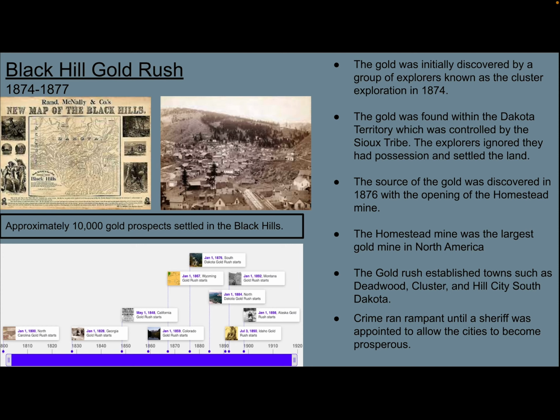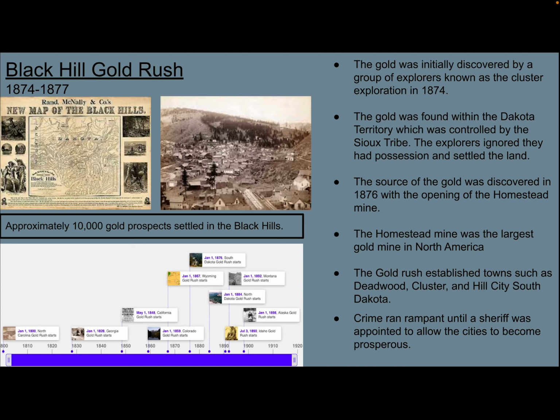and all of this crime continued until a sheriff was appointed, which allowed these cities to become prosperous because with the sheriff they could control the exportation of the gold into cities such as Cheyenne, Wyoming, where a lot of this gold was being sent in order to sell. So the Sioux tribe had no choice, and they let this gold rush happen for as